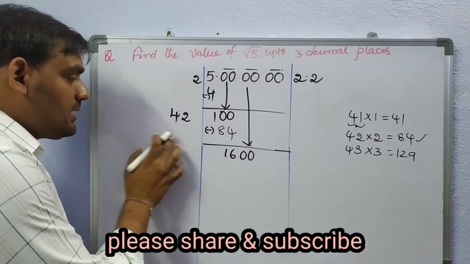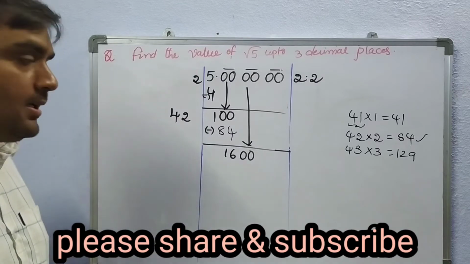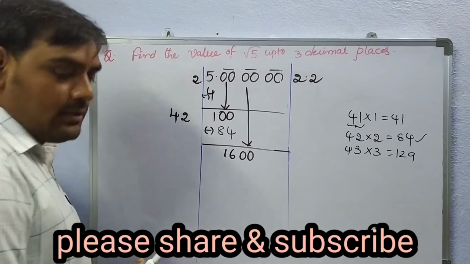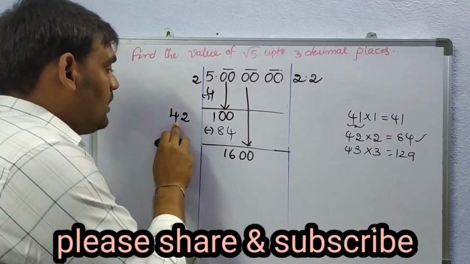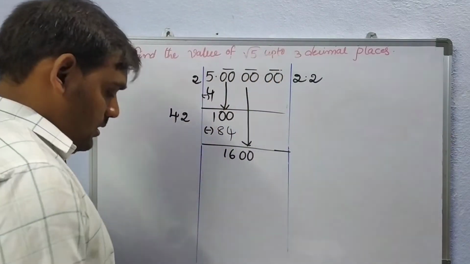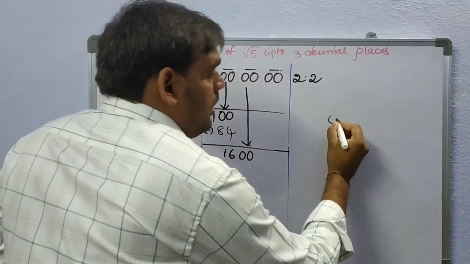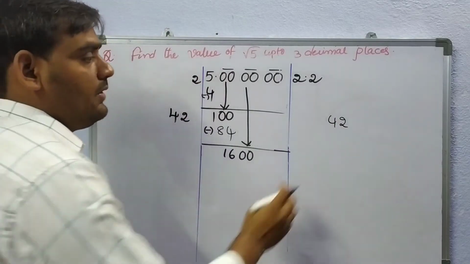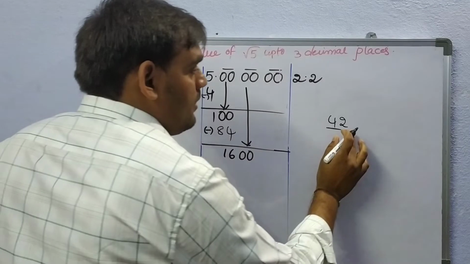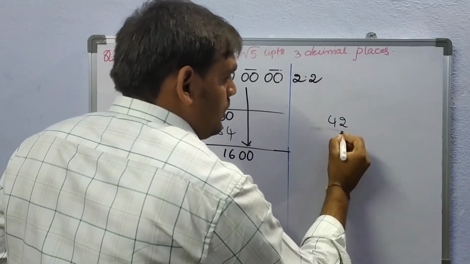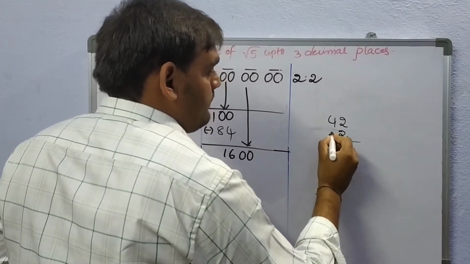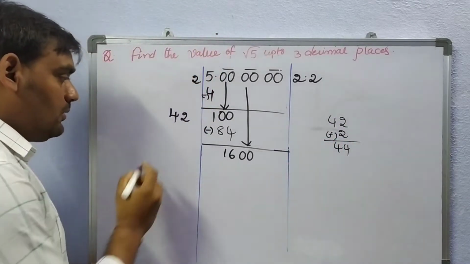Now, we need to get a new divisor for this one. That new divisor is coming from the previous divisor. So what is the unit digit of 42? 2 is this number. So this is the previous divisor, we need to add the unit digit to the previous divisor, that is 42. What is the unit digit here? 2 only. So if we add 42 plus 2, we will get 44. So write here that 44.